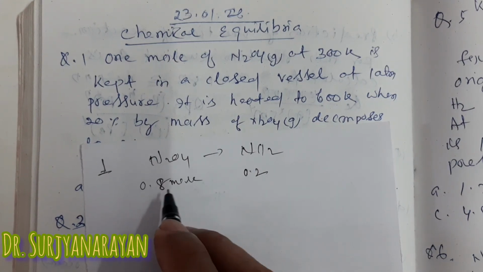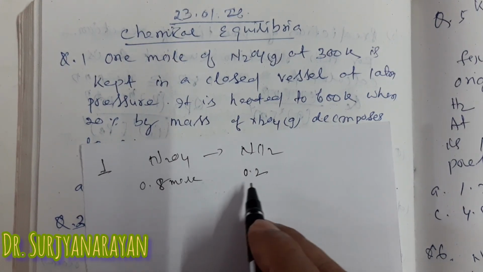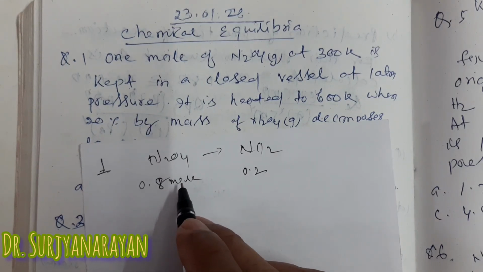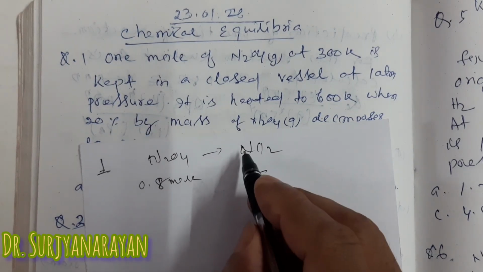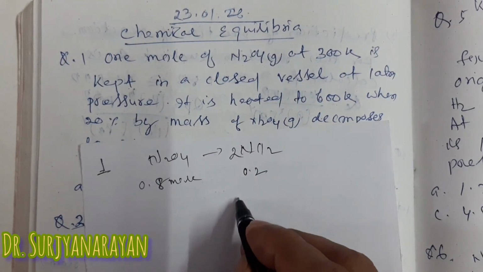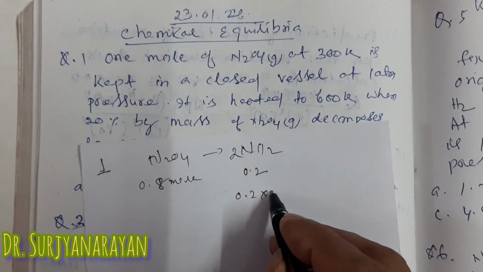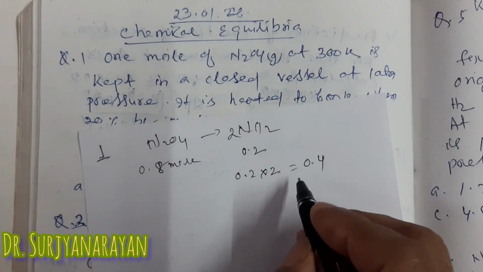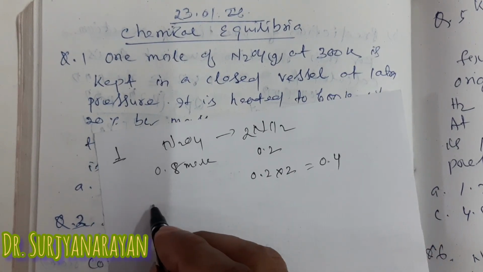You are taking 1, and after some time 0.2 will decompose, so remaining is 0.8. It is balanced by 2, so its concentration is 0.2 multiplied by 2, so here it is 0.4. So at equilibrium